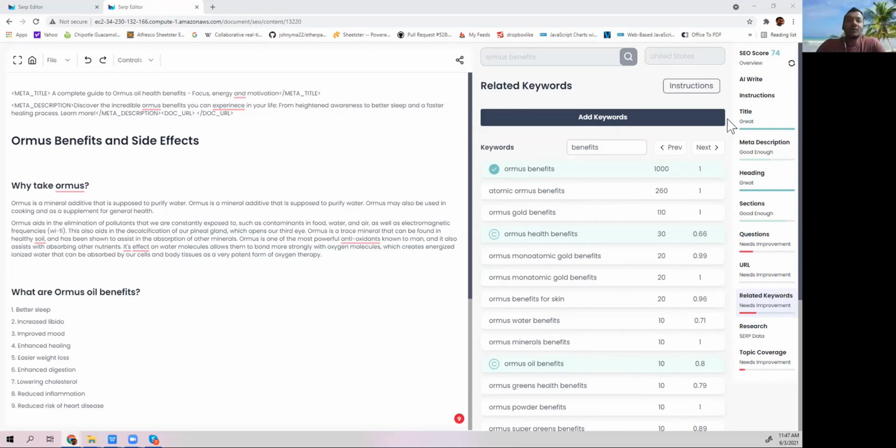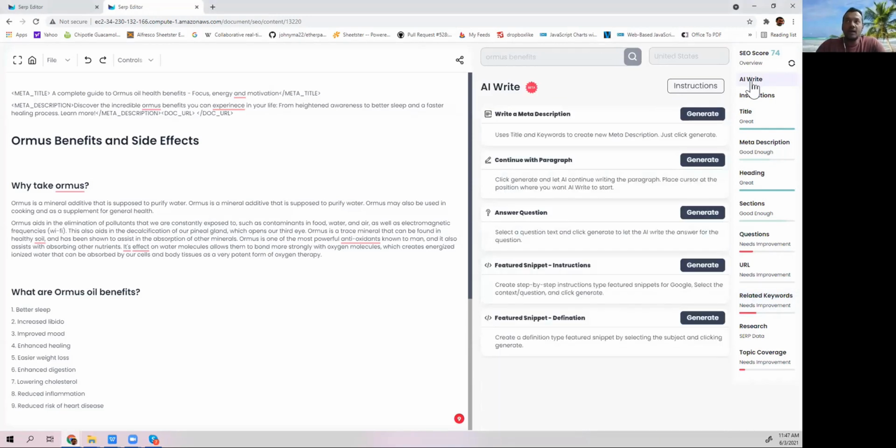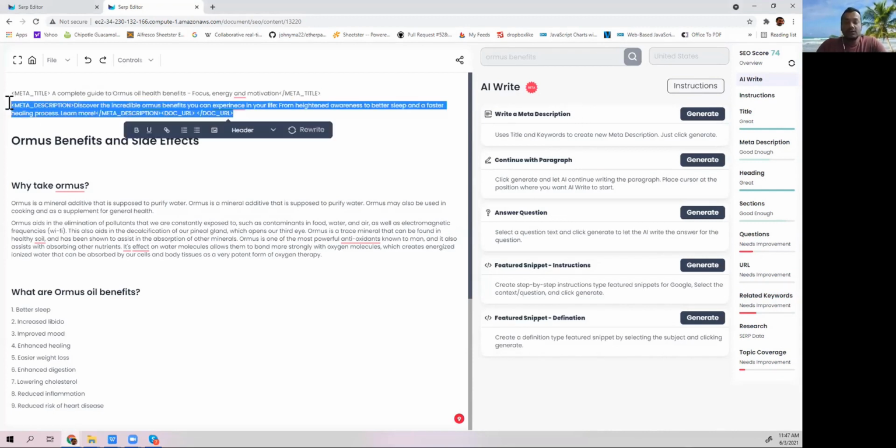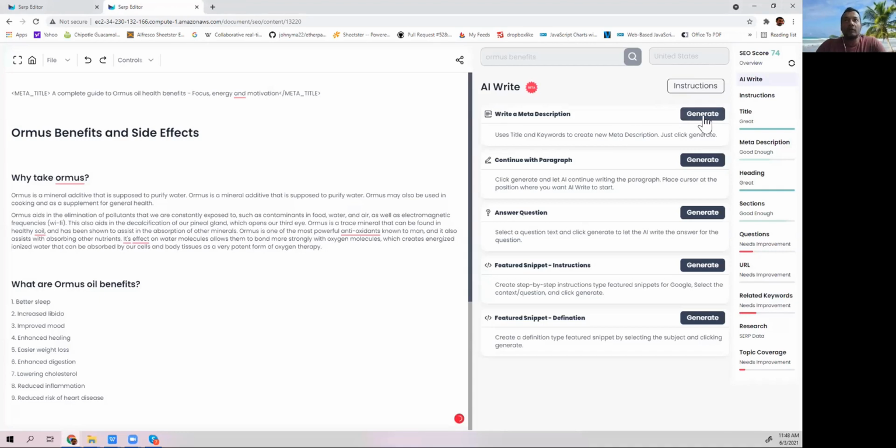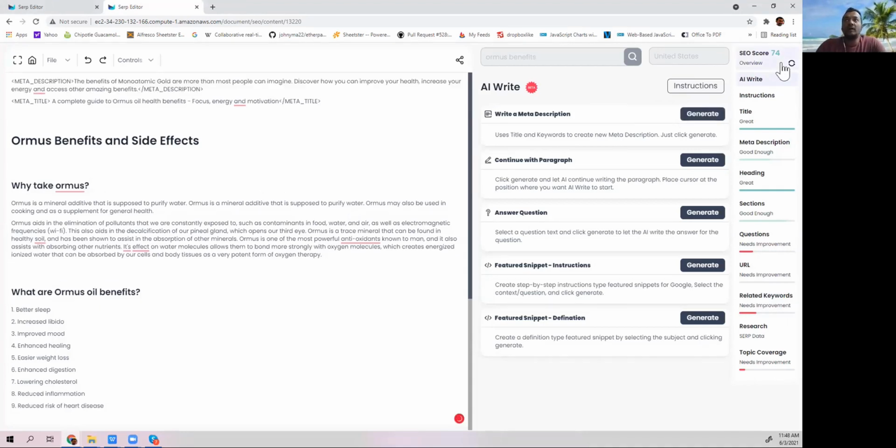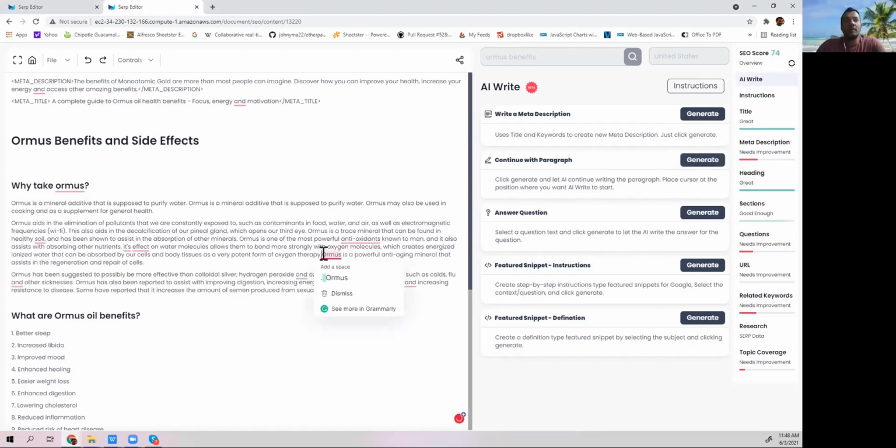Okay, all right. So we showed an entire demo around our AI writing feature. What you saw was in beta. Now this is going out of beta and we've restructured it. So now you have the ability to create more powerful content using AI. You can generate your meta description and score it, and then change it around and make it even better. Then you can continue writing paragraphs over here. It will continue writing paragraphs here.